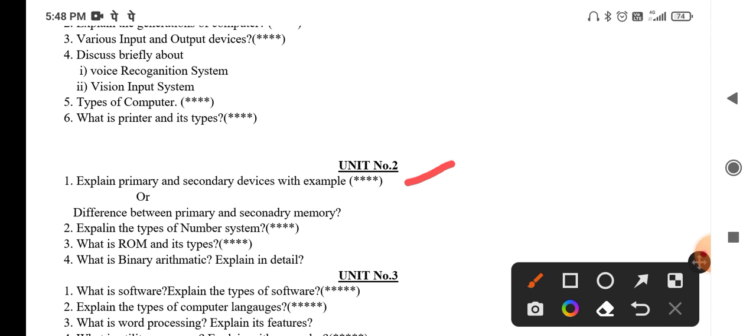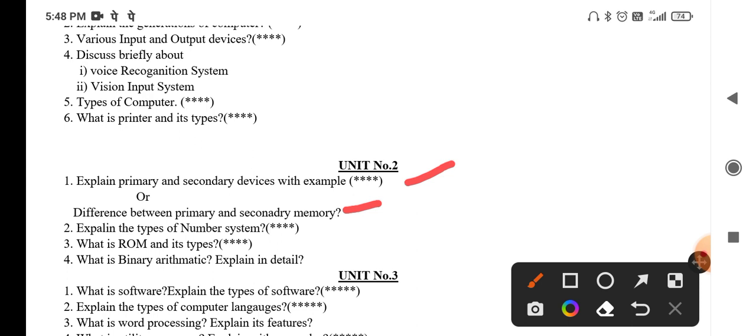Just definitions are enough for all these concepts. Otherwise you may get a question like, what is the difference between primary memory and secondary memory? We just have to write about the differences only, no need of writing any secondary devices, nothing. Just differences. Primary memory is also called volatile memory, and secondary memory is also called non-volatile